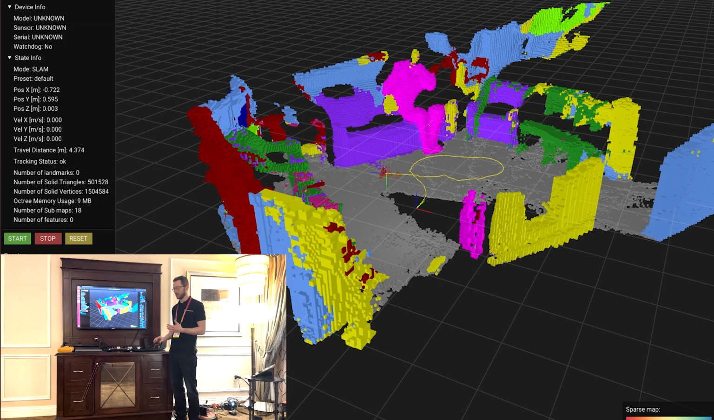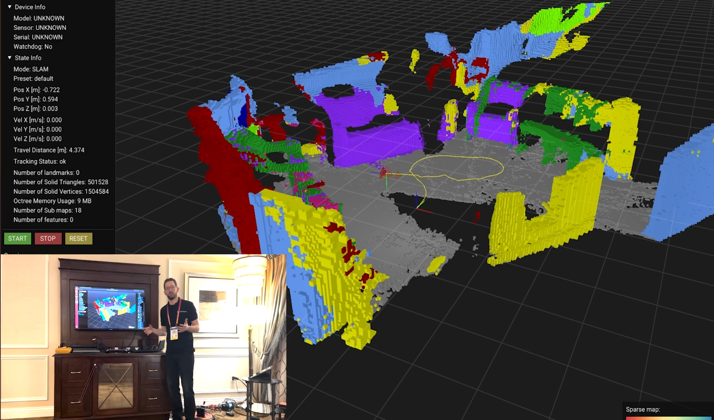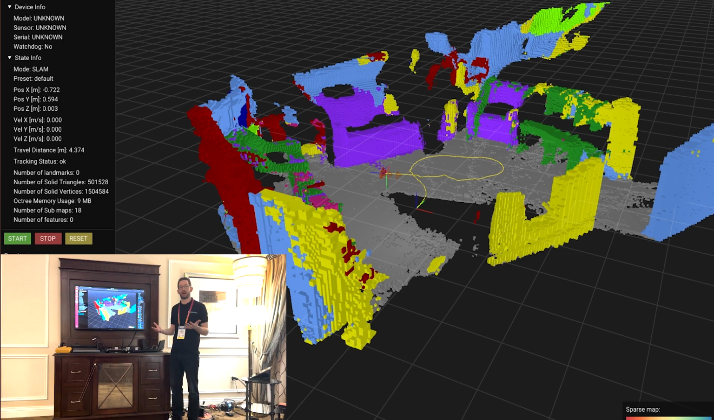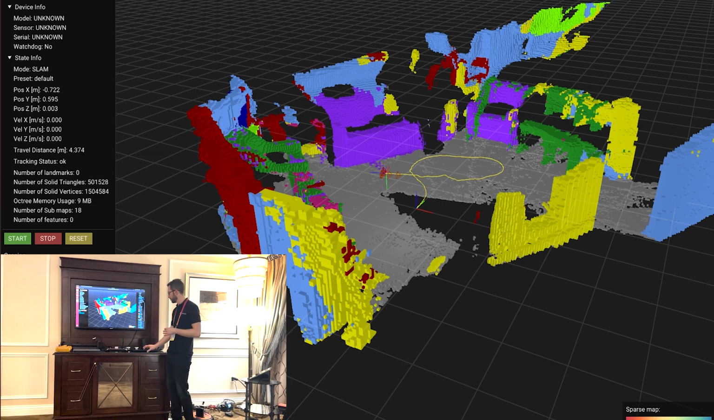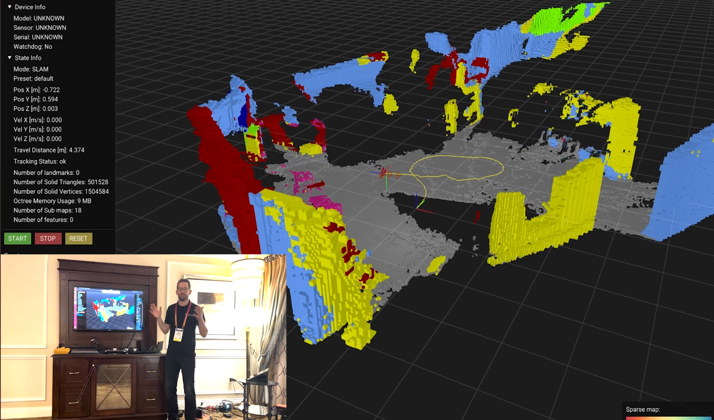This allows us to do things like remove the people from the map, because quite often when you're building a map, you don't want to have to clear the entire room, so this means you're able to map a space without asking everyone to leave. Maybe you want to remove the chairs and the couches so that we only have the walls and the floors